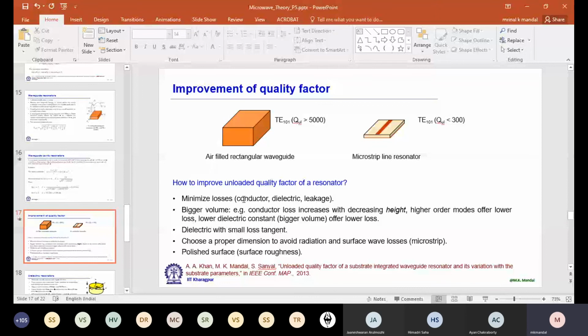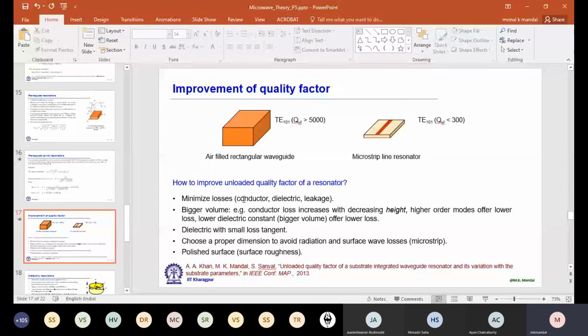It actually depends on the shape of your resonator. We discussed about different shapes. Well, instead of microstrip line, you can go for CPW and other structures if required, and you can study where you are getting lower loss. So from these, if I ask you, for rectangular waveguide, TE101 mode and TE201 mode, between these two modes, which mode will have higher unloaded quality factor? One of you switch on and tell me, and why.